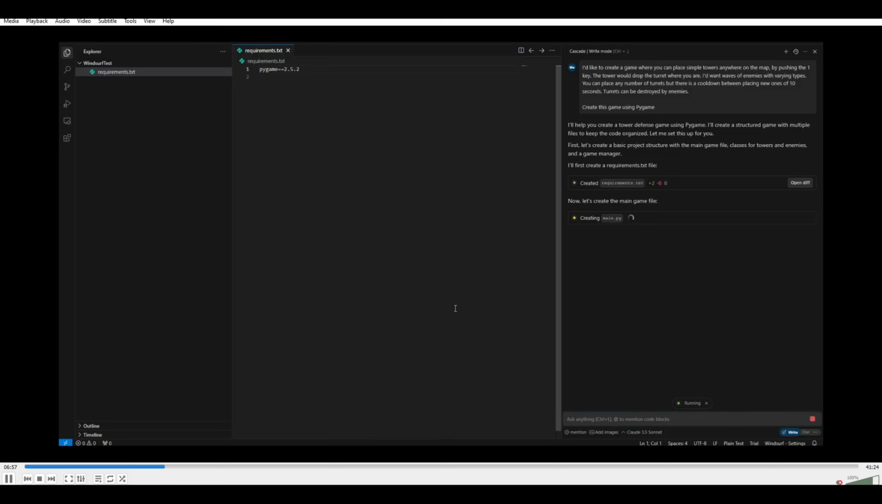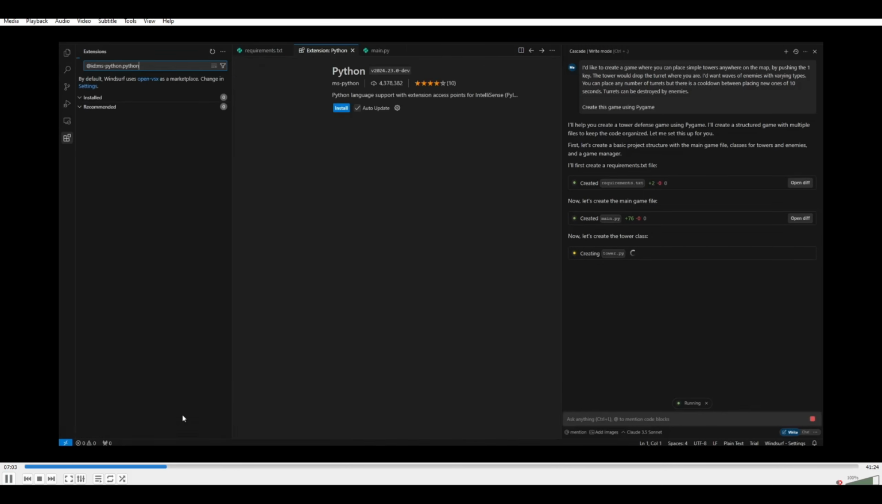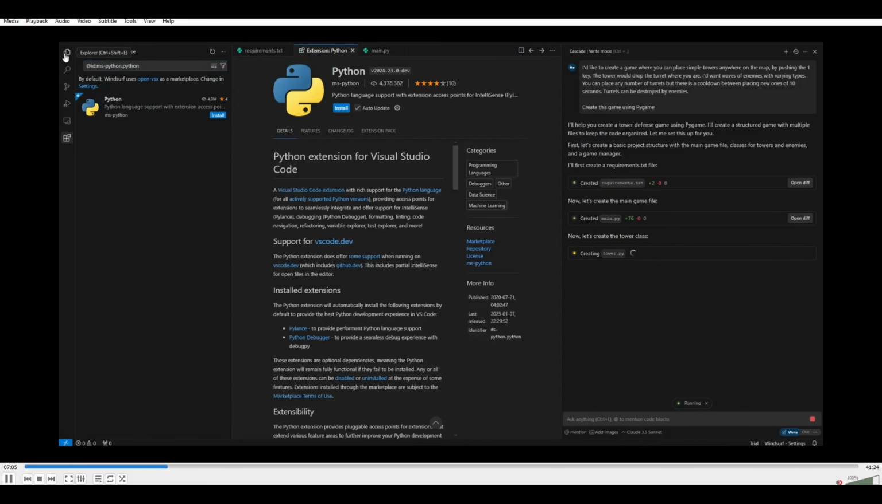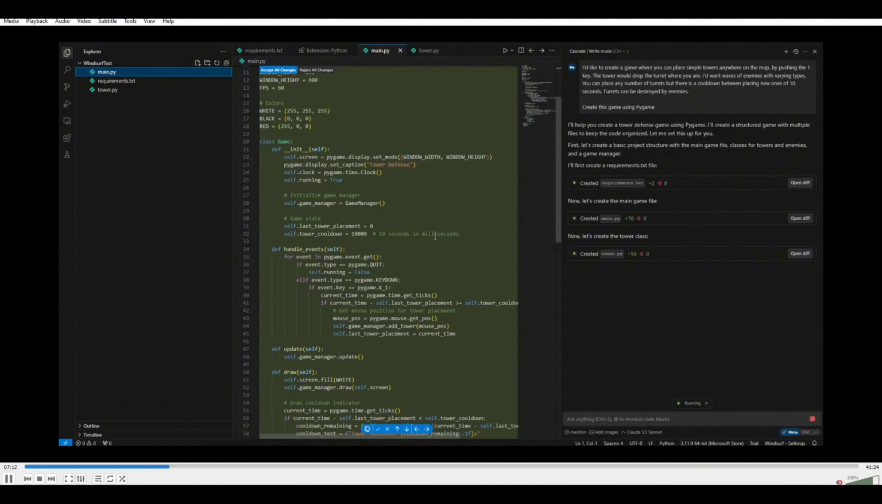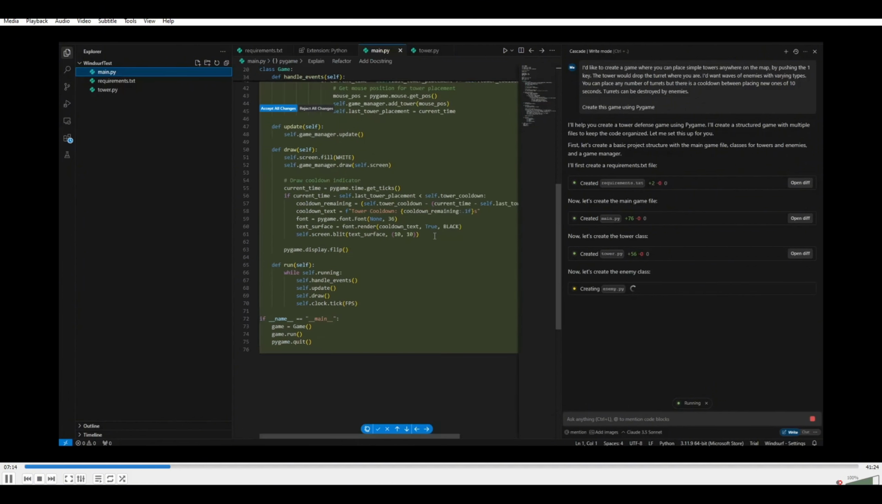Windsurf is an IDE released by the company Codium. What I've got here is a demo that I put together earlier today where I basically had it try to create a little game for me. The game is very basic. You place turrets, bad guys come in, and I wanted to see, just in general, what the